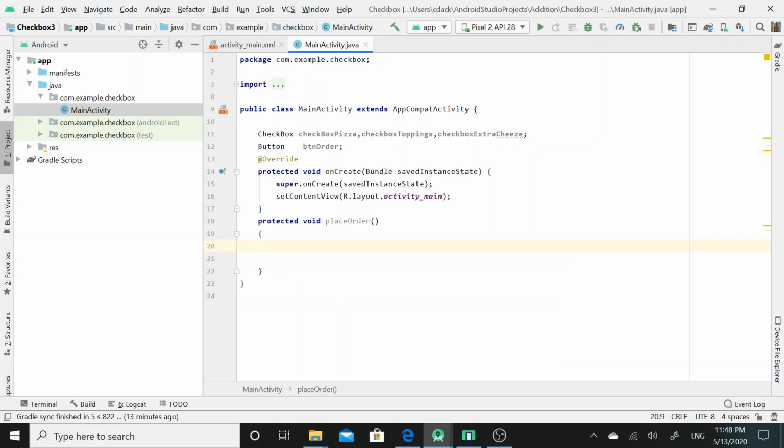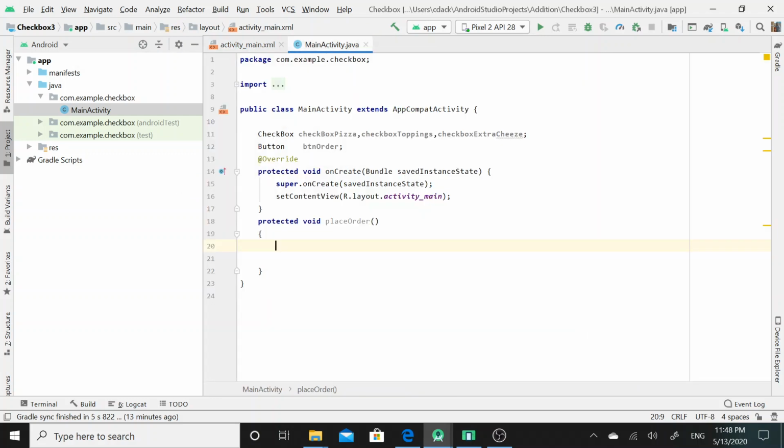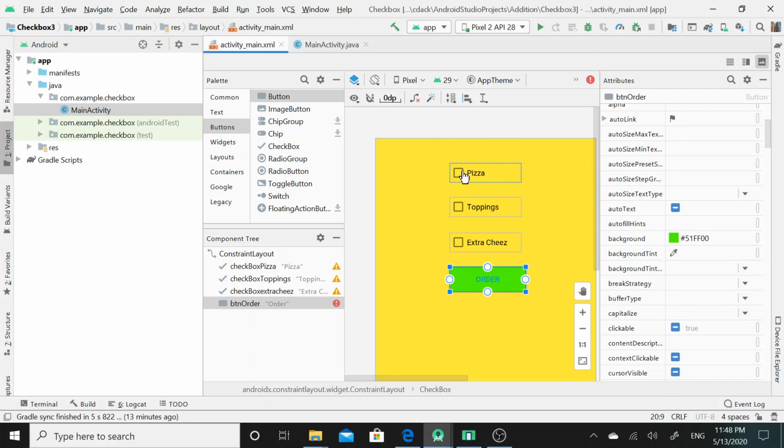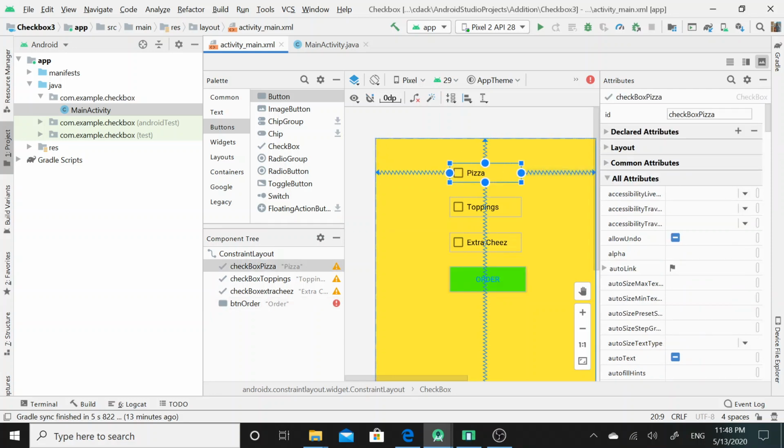Then my next task is to assign the respective checkbox ID to these references. Here for the pizza checkbox I had set the ID as checkbox pizza.